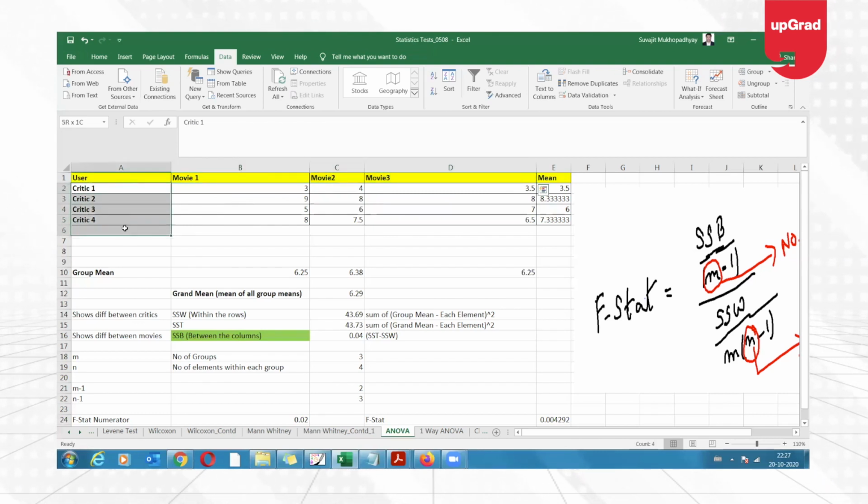So this part is my within and this part is my between. So between the movies or within the critics. You have to think like that. Within is the row, the variance in the row, between is the variance within the column. So in this case,